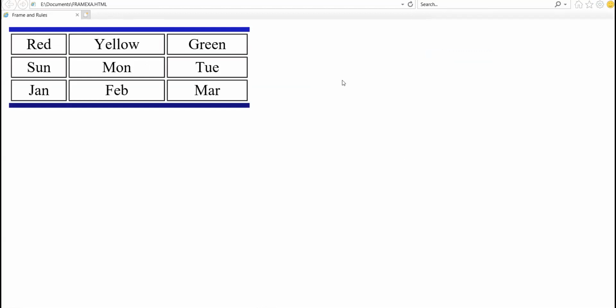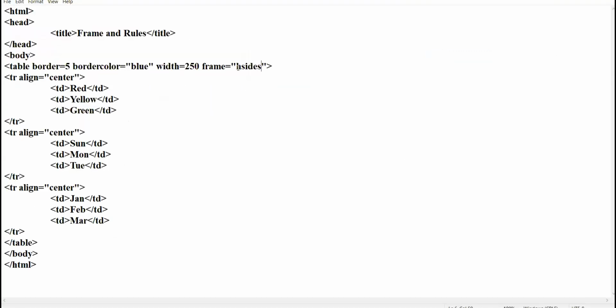Am I clear? On the top and on the bottom, this is H sides. Next value is V sides, vertical sides. When I am giving the value V sides, the border will be appearing on the left and on the right side of the table.